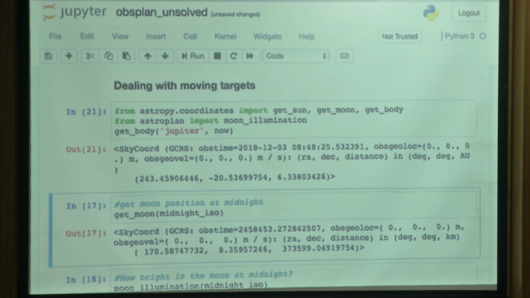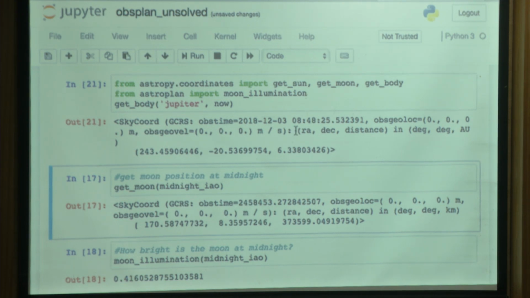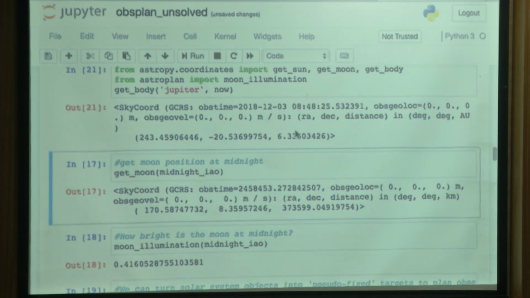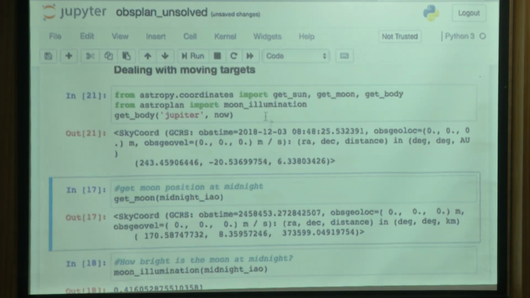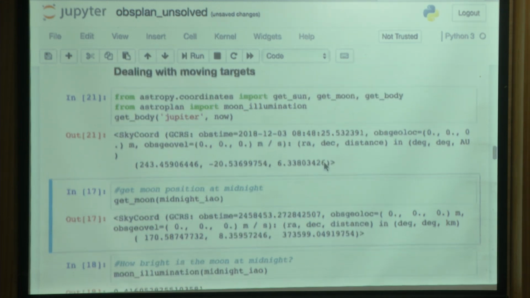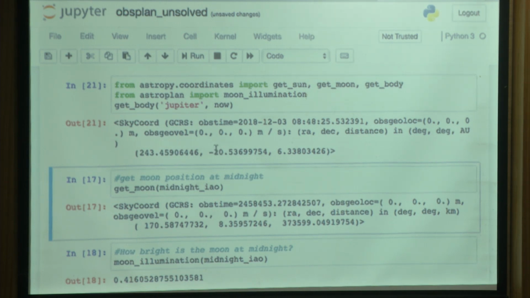We can also check the illumination levels of the moon. So get body is the way to do that. So feel free to change this Jupiter to different planets to see where all the planets are right now. So get body Jupiter now is telling me the coordinates of Jupiter right now, right? And this is the last value. It's the distance in astronomical units. So the distance is around 6.3 AU right now,